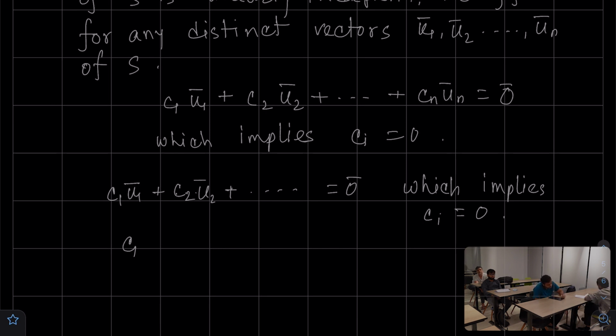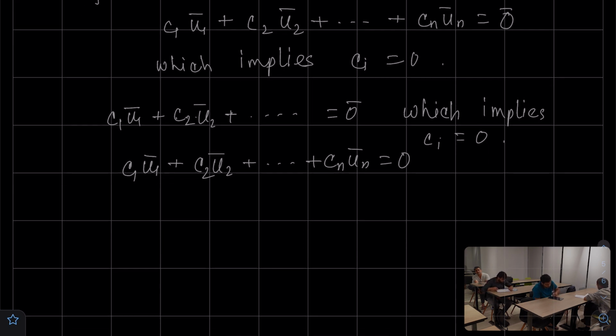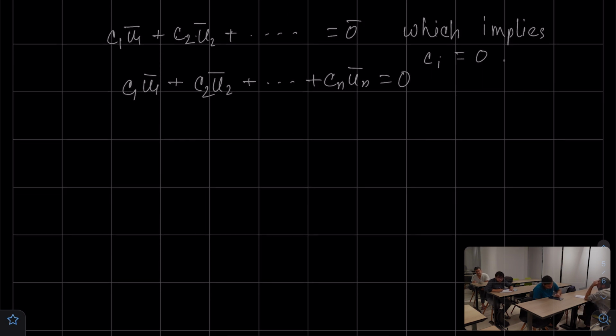So this implies that c1 u1 vector plus c2 u2 vector plus ... cn un vector is equal to 0. Now for the reverse direction, we'll have to show that if c1 u1 plus c2 u2 plus cn un equal to 0, that means